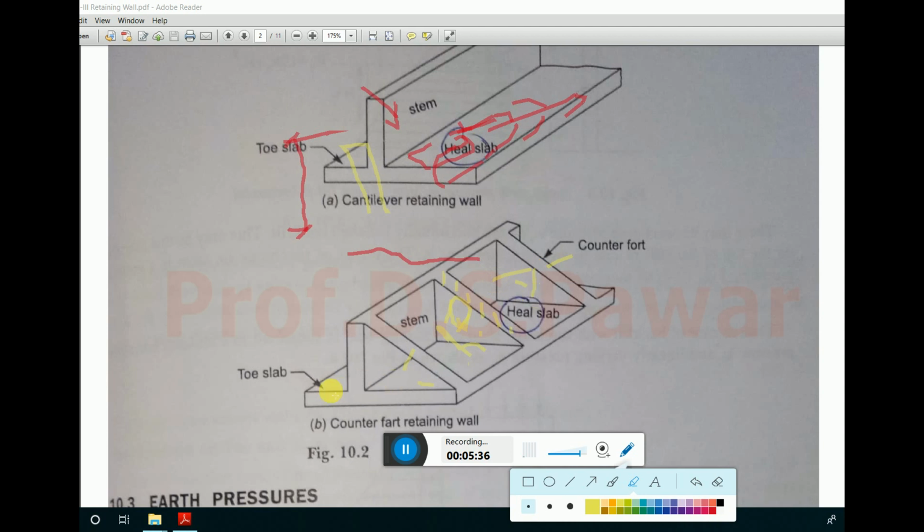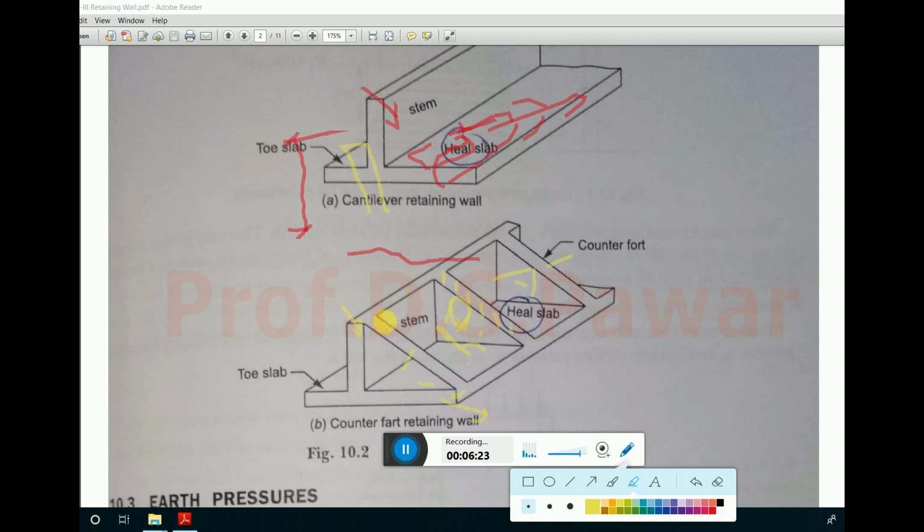the soil is going to resist the pressure, or the movement on this stem. But in a cantilever type retaining wall there is no such counterfort to hold this stem. Okay, so in contrast, in a counterfort retaining wall, the counterfort is going to hold this stem and this heel slab,